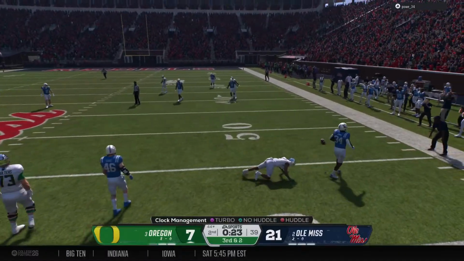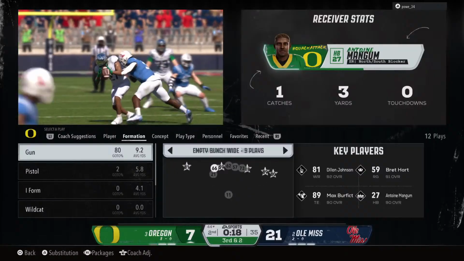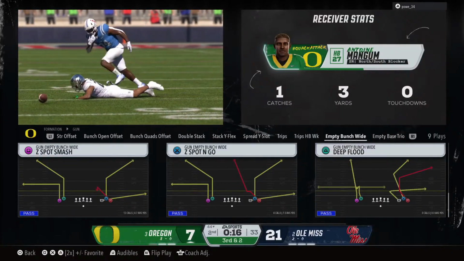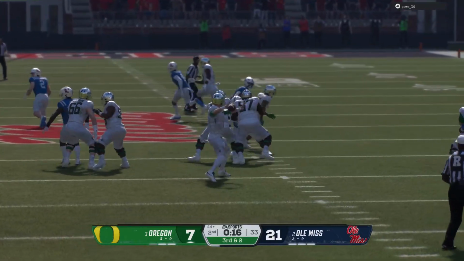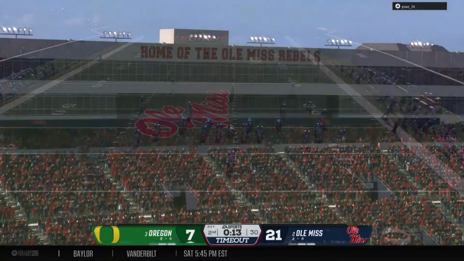Tackle is made. It's a short gain. Well short of the mark. Shot by wheel. Wow, they get positive yards here. Have a sense they wanted a little bit more of that pitch and catch. Offense looking to keep the drive going here. Third and short now from the 44.